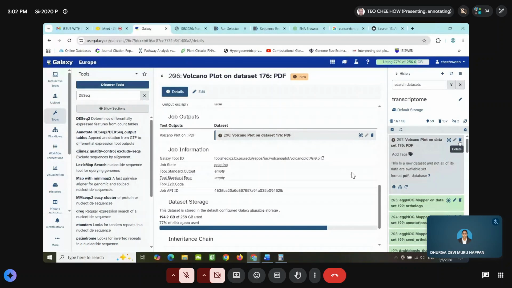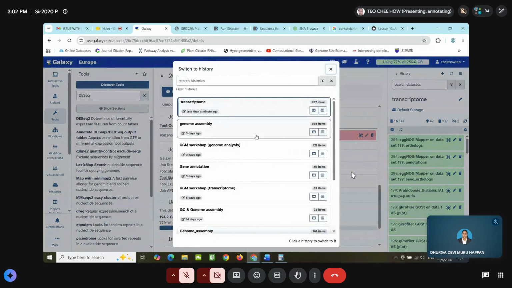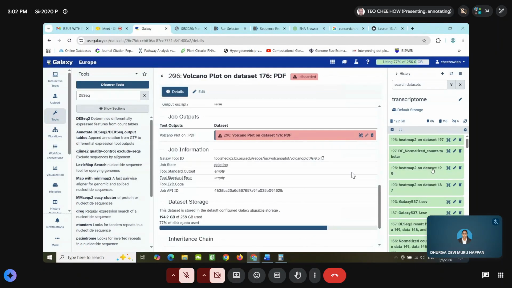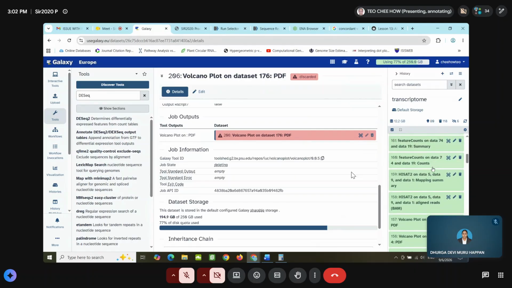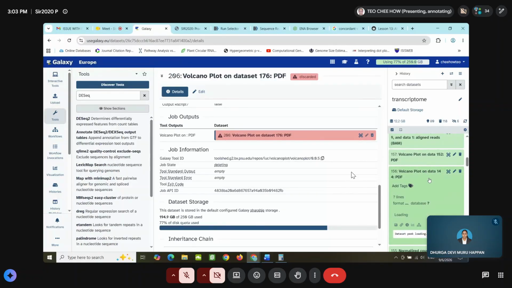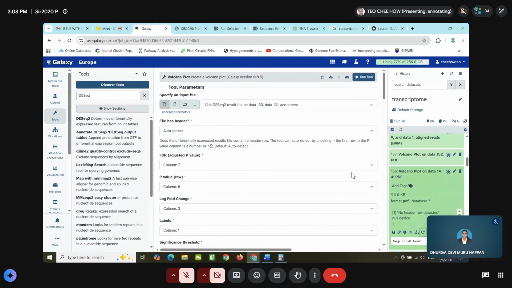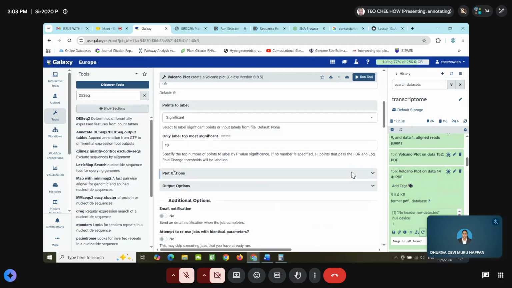Not sure if it is the Galaxy setting. Let me try another one and see. Let's see, for example, I try another. So then I can run the volcano plots. Auto detect. Okay. Significance.